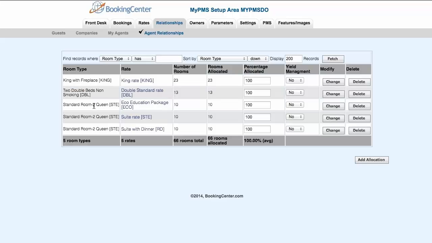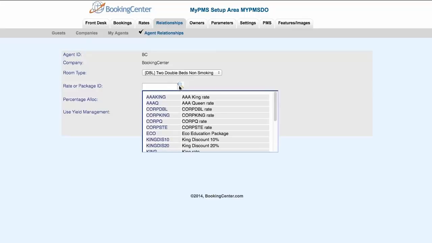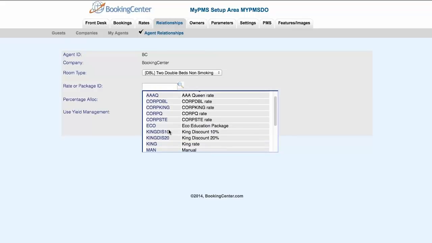So we have a standard 2 queen room with an education package, the normal suite rate, and a dinner package. So when you create a package, it really just acts as a rate plan. So what I can do is I can go ahead and add the 2 double beds with also the dinner plan, even though that package might have been set up for the standard queen. I can add it to this one as well, just by going to the add allocations, choosing the 2 double, and then on the rate plan, I have a choice of all the different rate plans I offer,